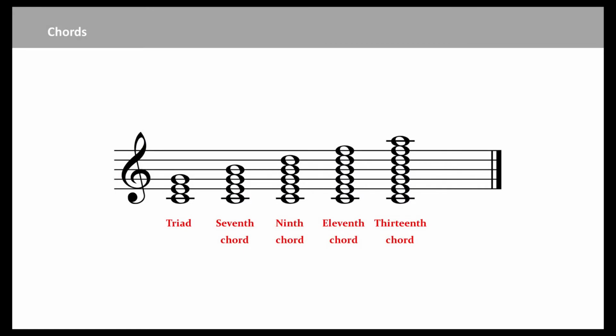What is a chord? A chord is a combination of three or more notes played together. Basic chords consist of just three notes, arranged in thirds, called a triad. The most common triads are constructed from notes plucked from the underlying scale, each note two steps above the previous note. Chords can also include more than three notes. When you get above the basic triad, the other notes you add to a chord are called extensions. We have 7th chord, 9th chord, 11th chord, and 13th chord.